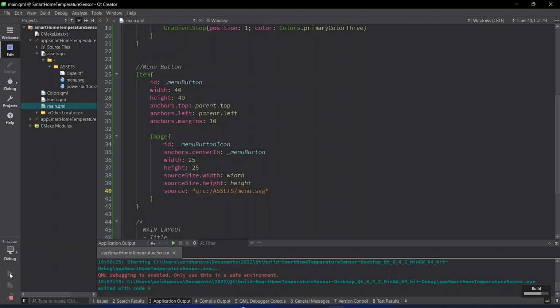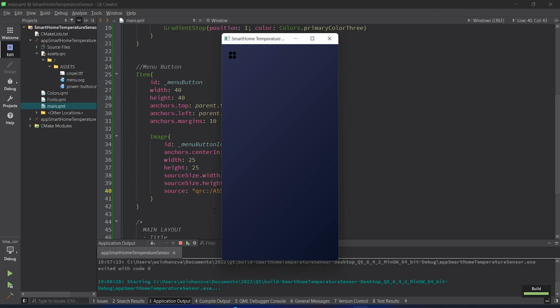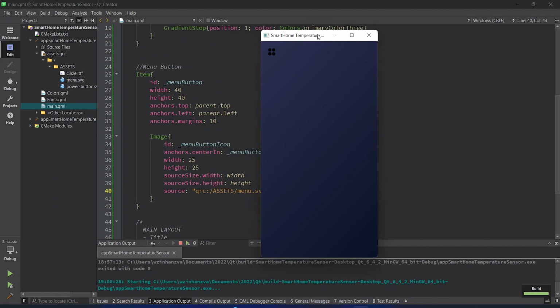So if we run this, all right, so if you look here is our menu button. So if you see, the SVGs are black in color, so we need to change the color of this icon of our button. So in order to change the color of these SVGs, what you need to do is